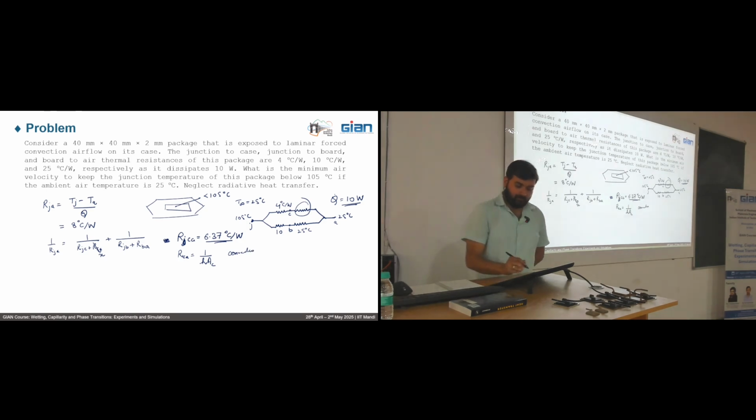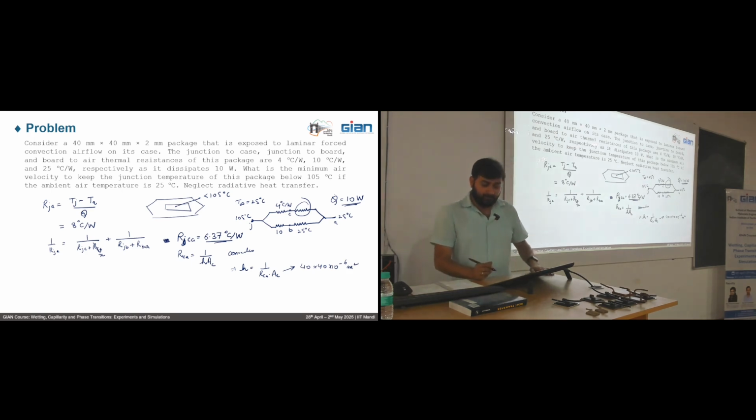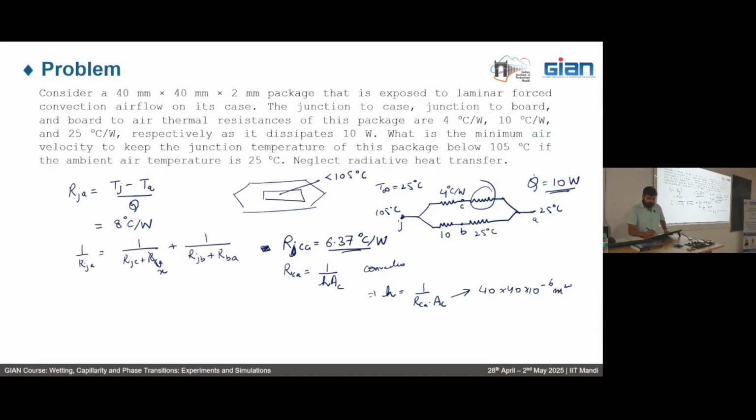Using this we can find that H comes out to be 1 over RCA times AC. The dimensions of this board are given, so it would be 40 by 40 into 10 raised to power minus 6 meter square is your surface area, and RCA comes out to be 6.37. So this H finally comes out to be